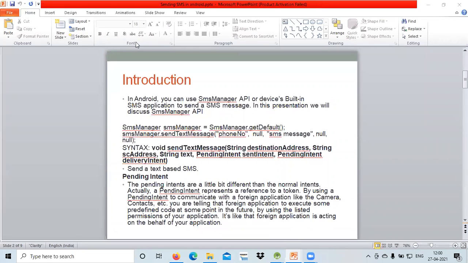Now we will not go into so much detail regarding the pending intent, because we will just be using the concept of pending intent in the case of SMS. Basically a pending intent is an object. Like I said, intent is a messenger object, and this is also an object, but it wraps up that intent object and gives the collection of that intent object and the action it needs to perform in future.